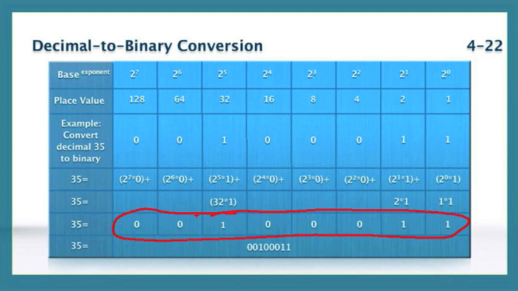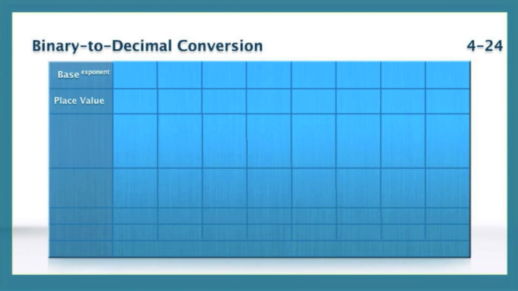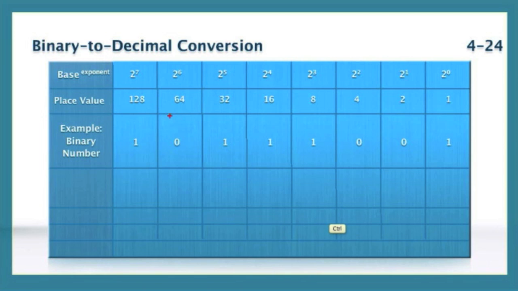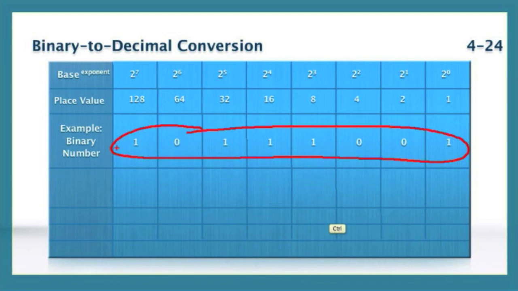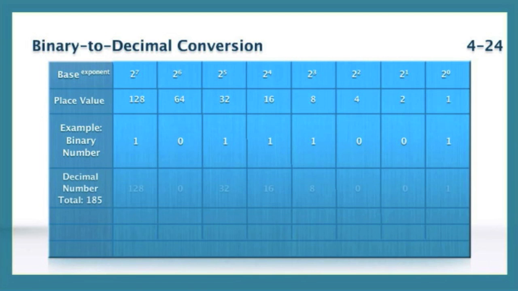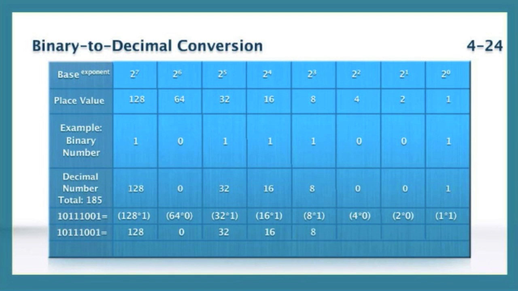Okay. Well, let's take a look at the other way around. Let's go from binary to decimal. So here, if they give us a number in binary, look how easy this is. We're just going to do addition. We just take all of the decimal values in those positions and we add them together. The 128 is on, the 32 is on, the 16 is on, the 8 is on, and the 1 is on. We add those up, and we get